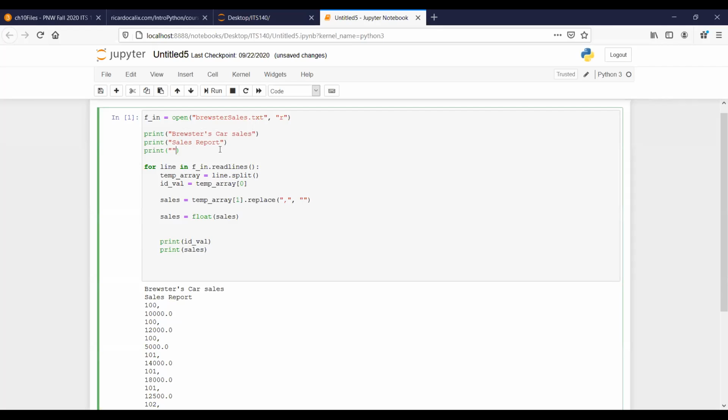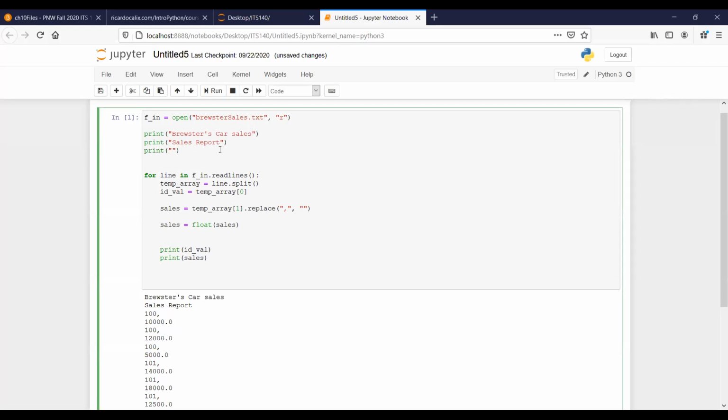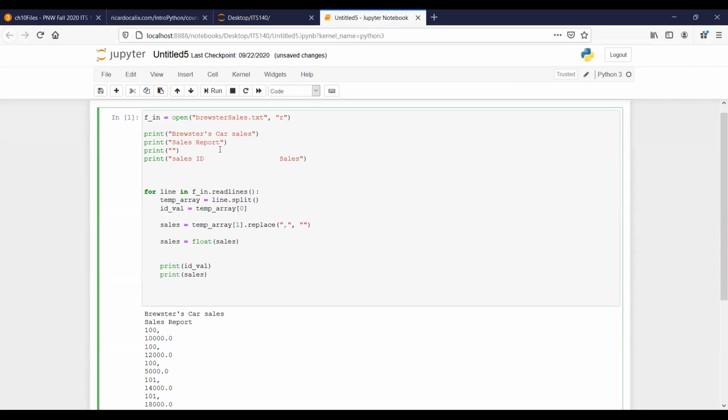So this was a space, I think, and then print sales ID, and then just space it out. Sales. And then after that, I think there was an equal sign. Print